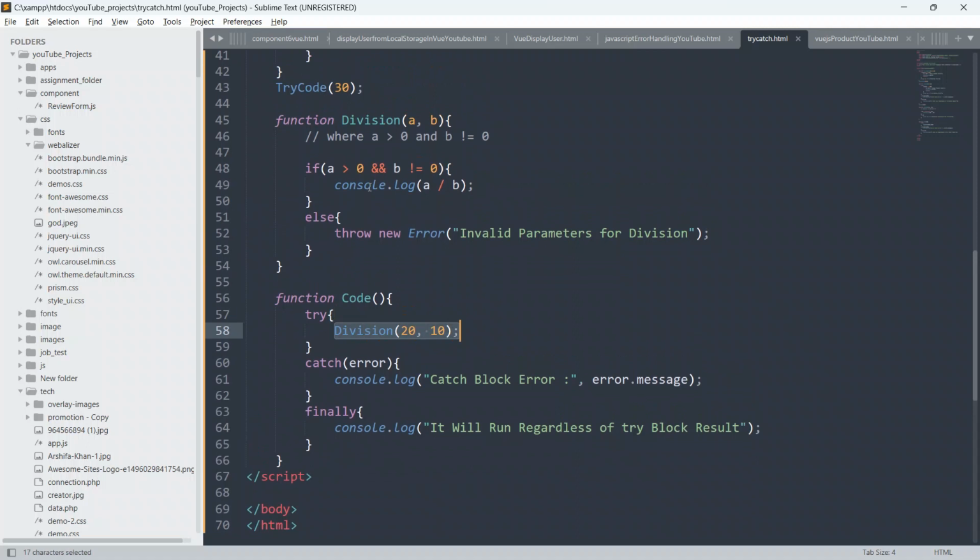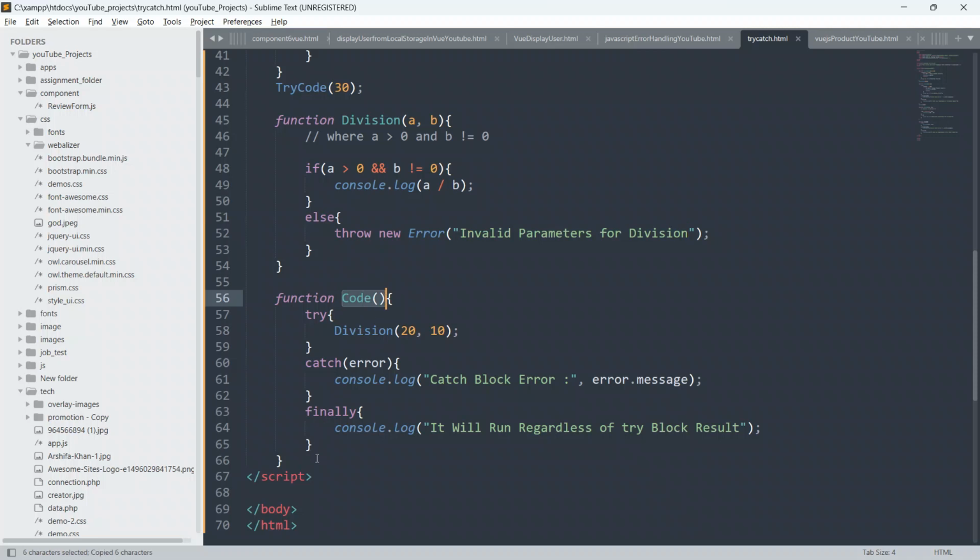If it throws an error, we will catch it in the catch block and console.log "catch block error: invalid parameter for division," and below that we will also see the text that it will run regardless of the try block result. Now we have to call this function.